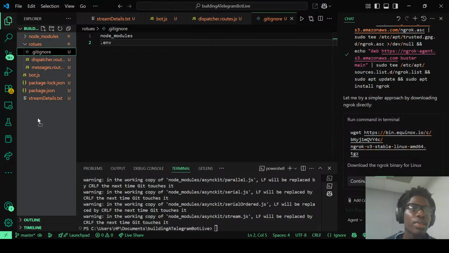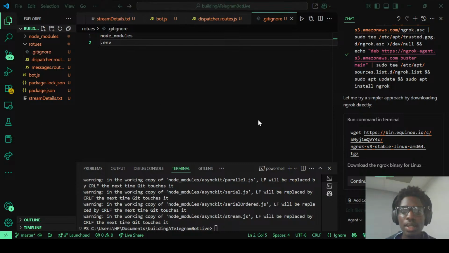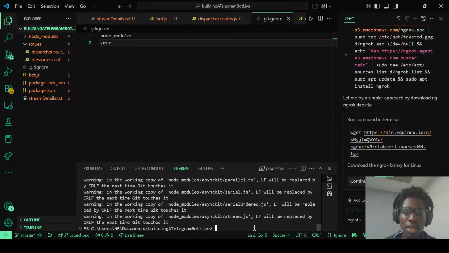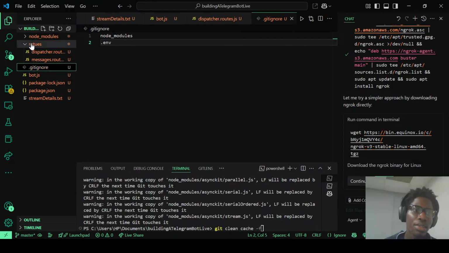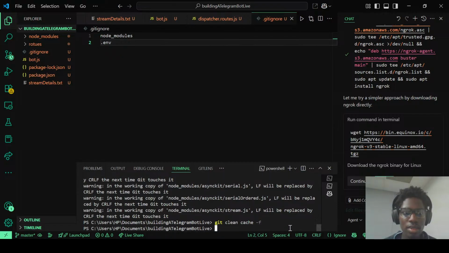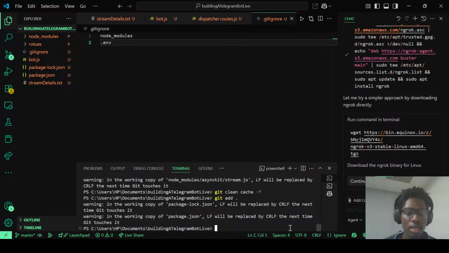Oh, the gitignore was in another folder. Sorry. It should never be in a subfolder or anything like that. It should be in the main, what's it called, directory. It was in the root directory previously. I just brought it out. So this is actually my fault. Now git add. Yes. It only added the necessary things. So git commit